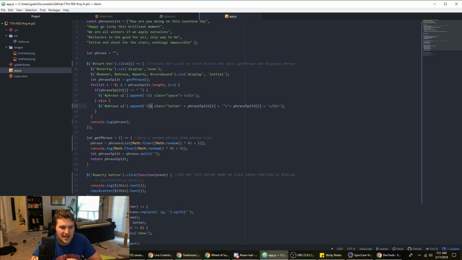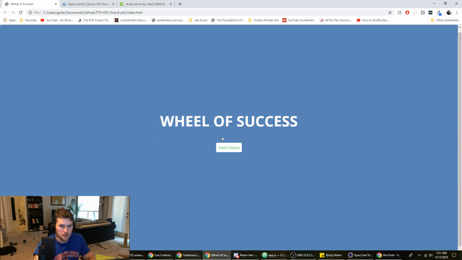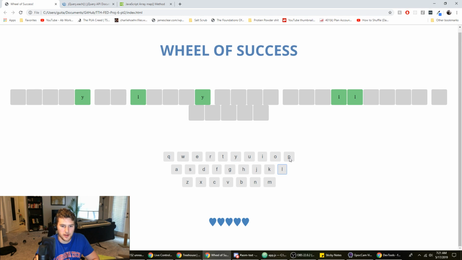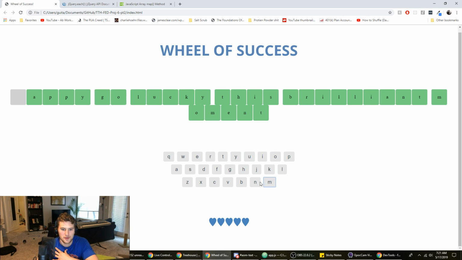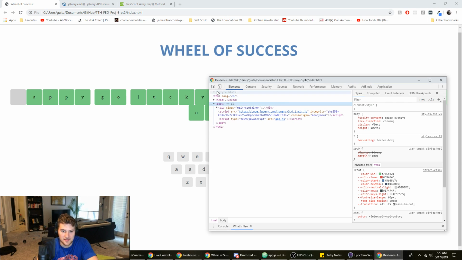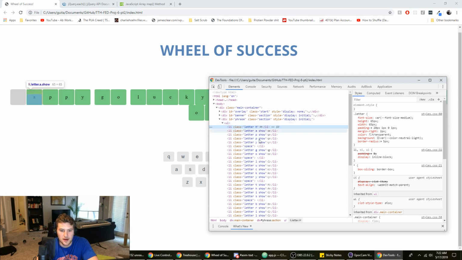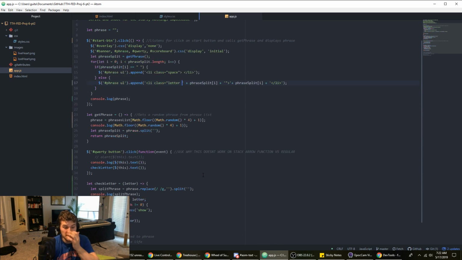Let's see, so li class letter. You need a space there, right? There we go. It was just the IDs are unique, so it would only grab one ID, I think. If we go through all these letters, it should display the full phrase now. All right, cool. And then we need H. Okay, H isn't displayed. What's up with that? It's the first letter. We need that one. Oh, it's capitalized, so we need to lowercase the phrase.